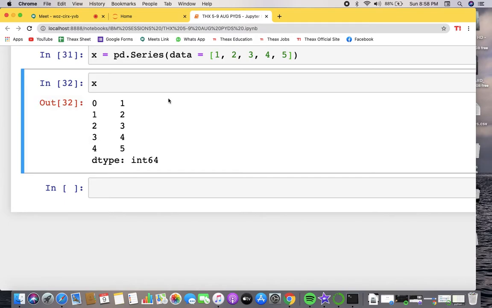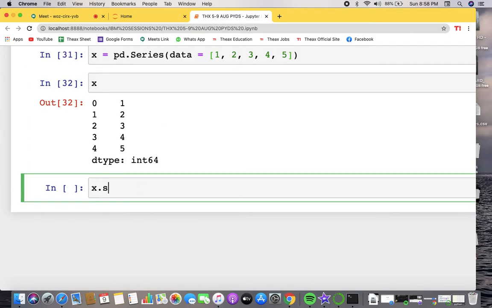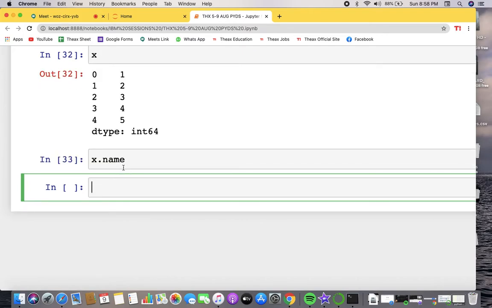This is a series. Even a series has a name, right? So every series has a name actually. So this is not having anything, but we'll go with the data frame. There we will be making a column as a series, and there we can see it has a name over there, right? So there we can find it similar to that. Okay. So this is the first series you have, right? A series can be made from different types, like dictionaries, tuples, and a lot, right? So like you can just